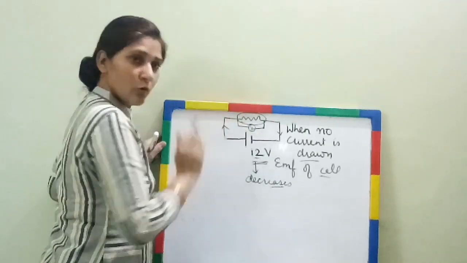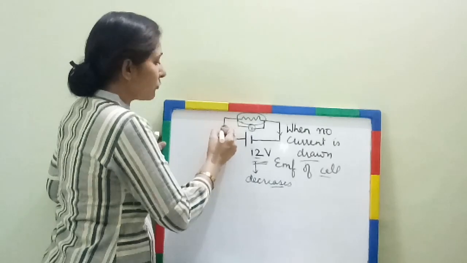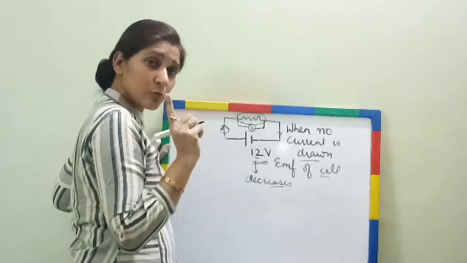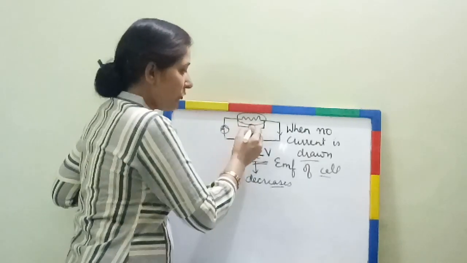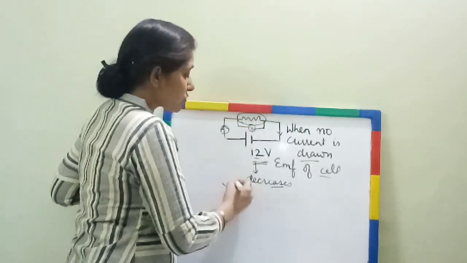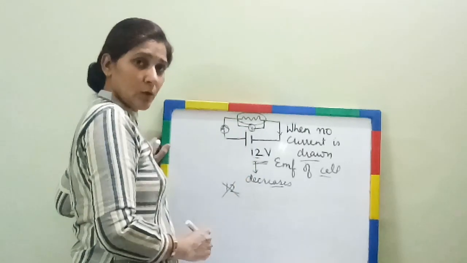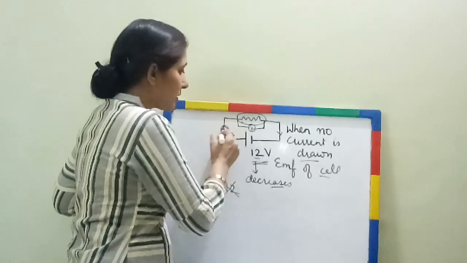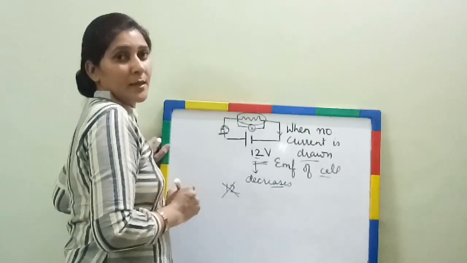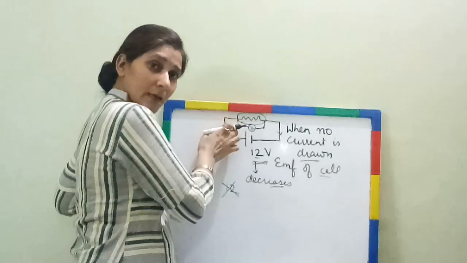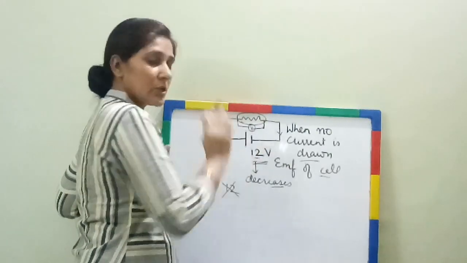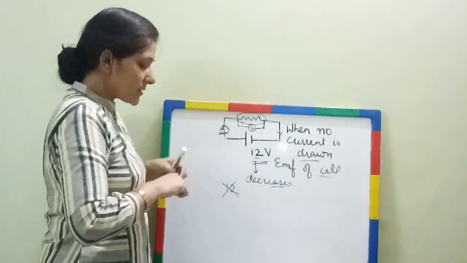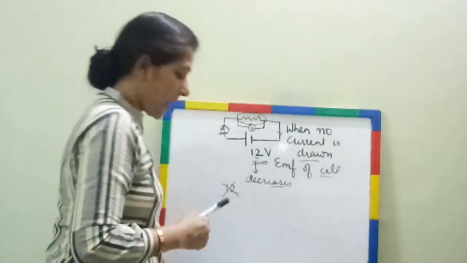But when we attach a voltmeter here and an ammeter here to note down the value of current and potential difference, we can see very clearly that the potential difference will not come to 12 volt. That is the decreased value. It may be 8, it may be 6, it may be 4. It depends on the amount of current drawn from the circuit. As more current is drawn, the potential difference keeps decreasing. Now the question is why it happens.